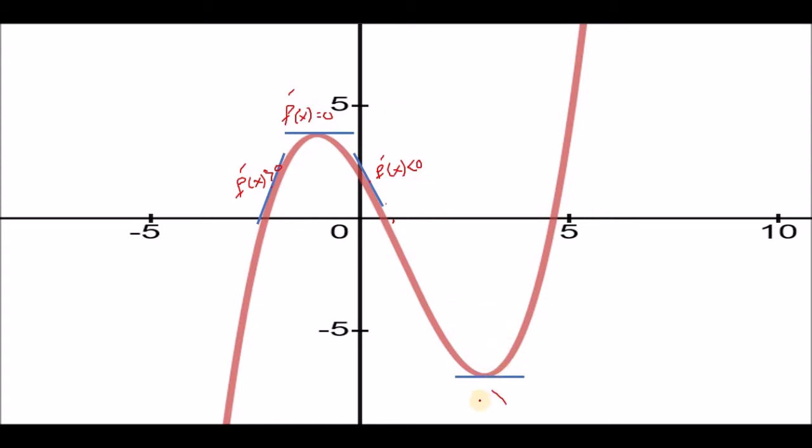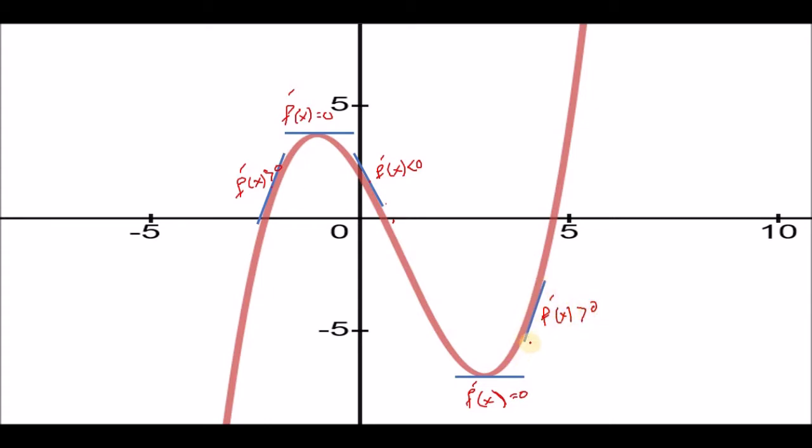If we keep doing that, we will notice that we have another tangent line at this point. And as you notice, the tangent line is horizontal. That means the slope of that tangent line is equal to 0. In other words, we can say f prime of x is equal to 0. And if we keep going, this is another tangent line and it's going upwards. That means it's positive. That means f prime of x is basically greater than 0